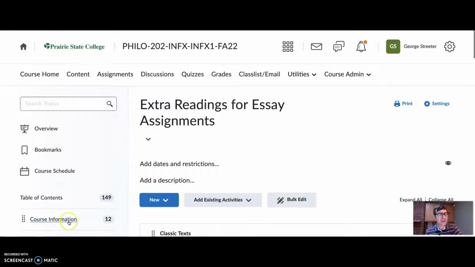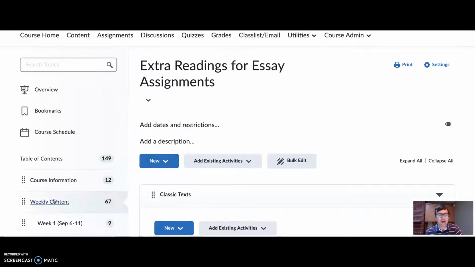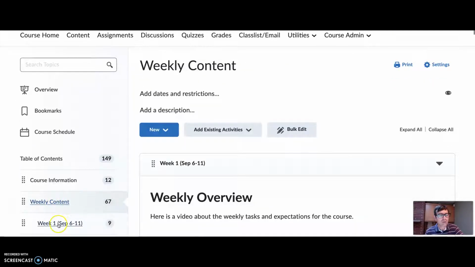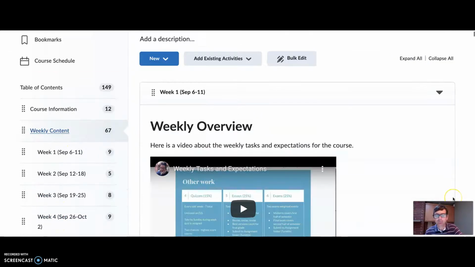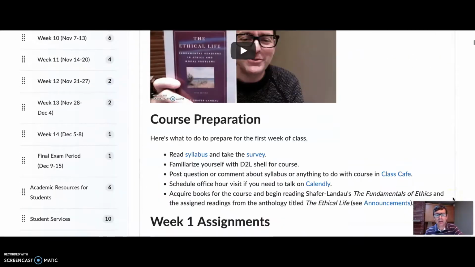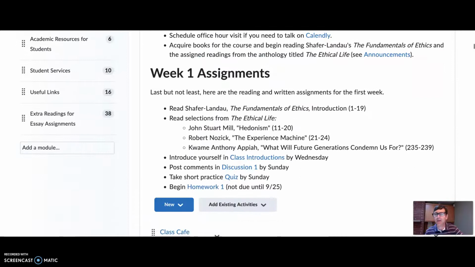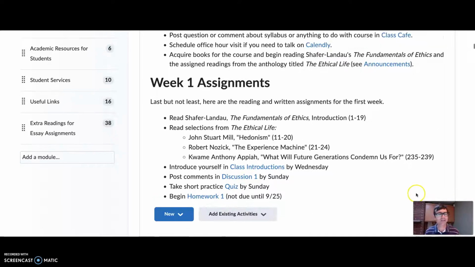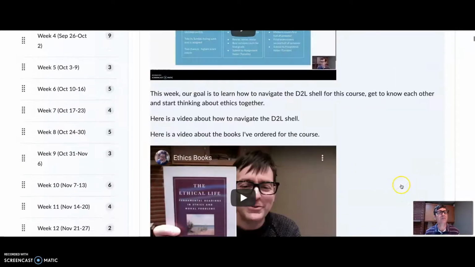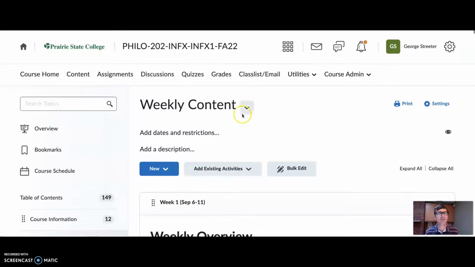And as you can see in week 1, okay, right away, I'm trying to get you comfortable with some of the assignments for the course. So the discussion forums, the quiz, and the homework. So let's look at some of those components and how to access them here on D2L. So if you go up to the top of the page, sorry for all the scrolling, discussions, that's a main